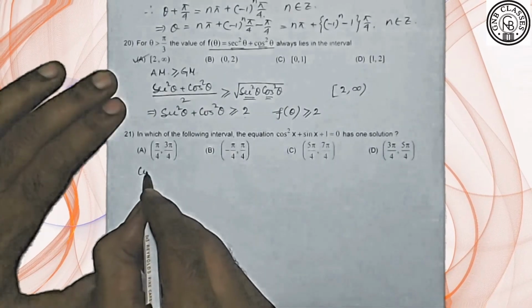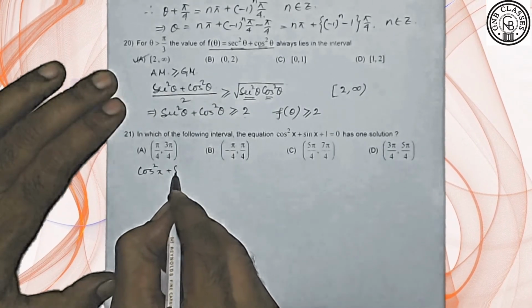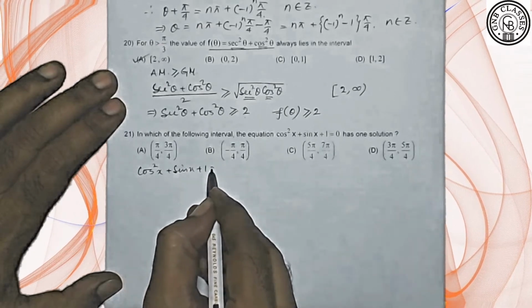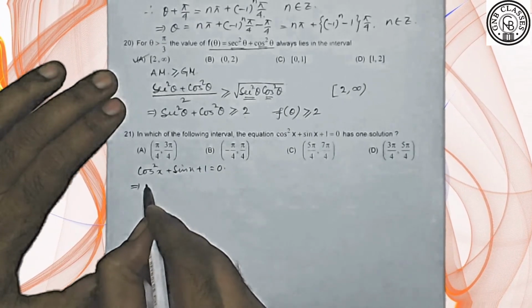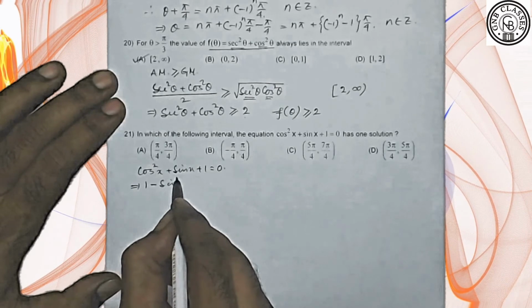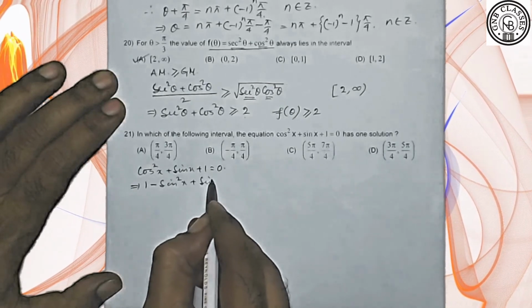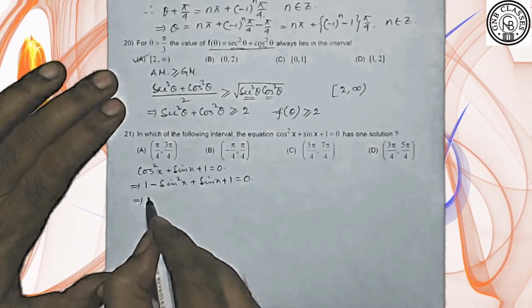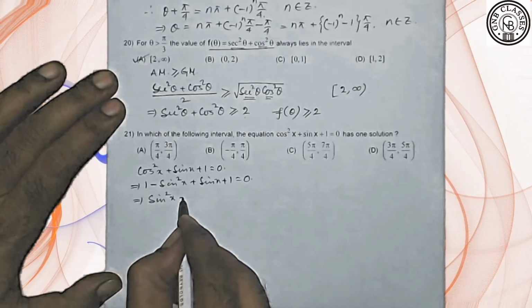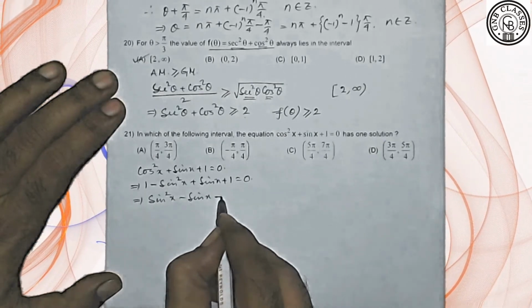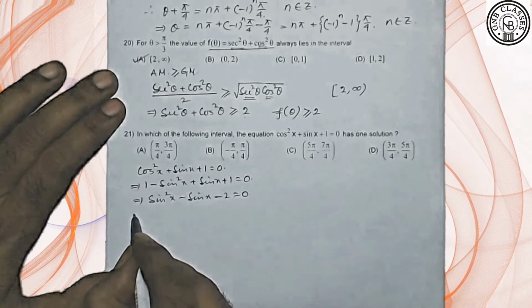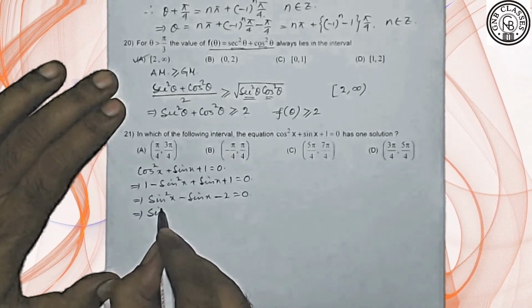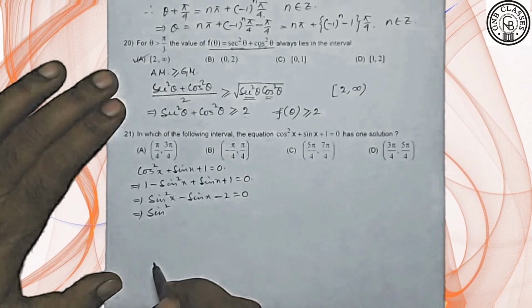We have been given cos square x plus sin x plus 1 is 0. So I can write cos square x as 1 minus sin square x, plus sin x plus 1 equals to 0. Let me take everything to the right hand side. So we are having sin square x minus sin x minus 2 is equals to 0. If we go for middle term breaking, we are going to have